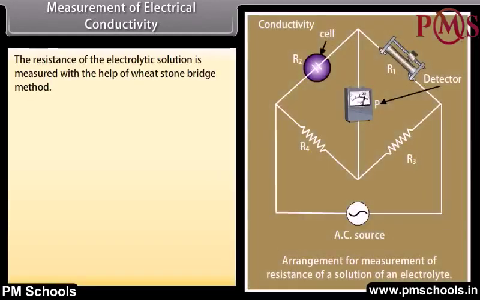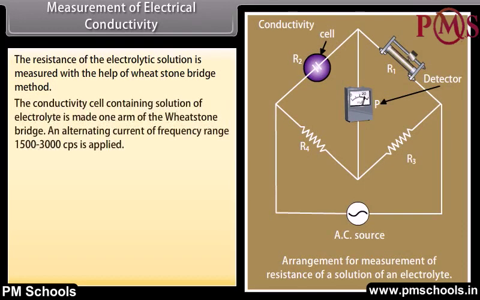Measurement of electrical conductivity. The resistance of the electrolytic solution is measured with the help of the Wheatstone bridge method. The conductivity cell containing solution of electrolyte is made one arm of the Wheatstone bridge. An alternating current of frequency range 1500 to 3000 cycles per second is applied. Direct current is not used here because it causes electrolysis and results in the change in concentration of electrolytic solution